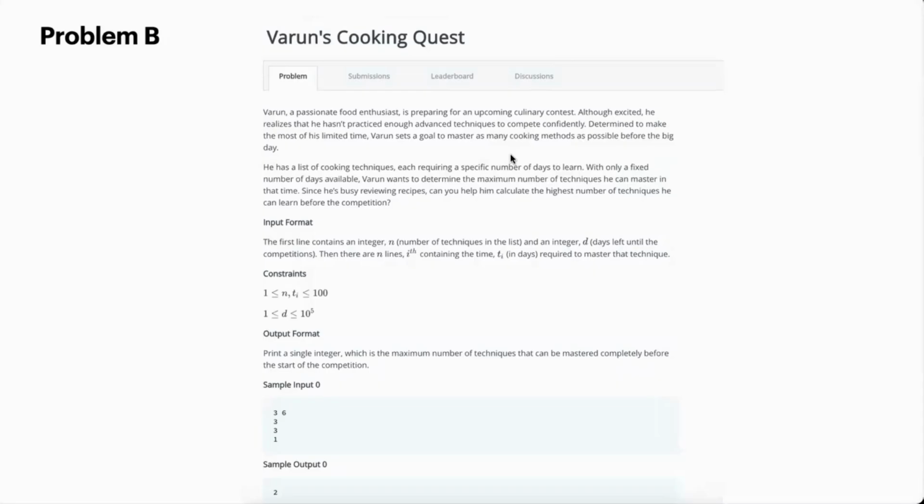Today we will solve problem B, Varun's cooking quest. The problem summary is, Varun wants to learn as many cooking techniques as possible before a culinary contest. Each technique takes a certain number of days to master, and Varun has a limited number of days before the contest. You are given n, the number of techniques available, d, the number of days left,